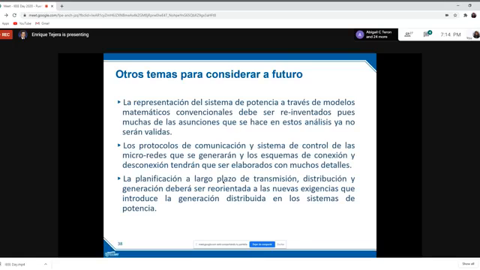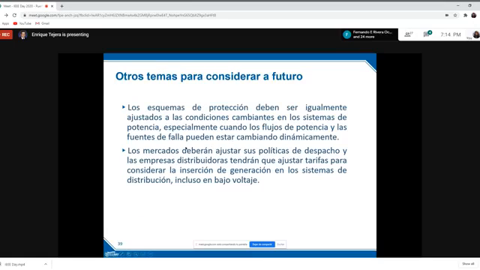La planificación a largo plazo, que se puede con el distribuir los sistemas de potencia. Esto yo siento que todavía no se comunica en este país de una manera mucho, está pequeño, inclusive hasta distorsionar las proyecciones que se tienen, la demanda que se está viendo no realmente son el sistema de distribución, sistema